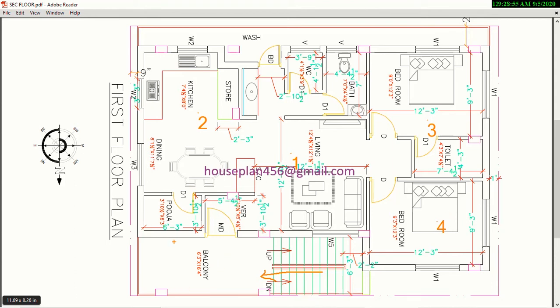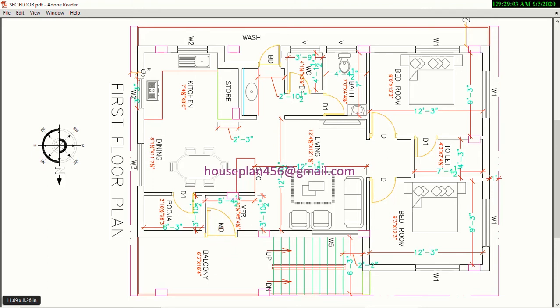In first floor, we enter first into balcony of size 6 feet 3 inch by 16 feet 4 inch. This width is 6 feet 3 inch and this length is 16 feet 4 inch. Okay. In first floor, main door entrance is provided towards north facing. Okay, this is north direction.